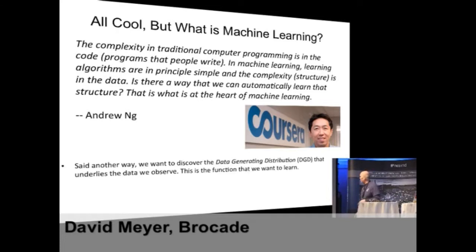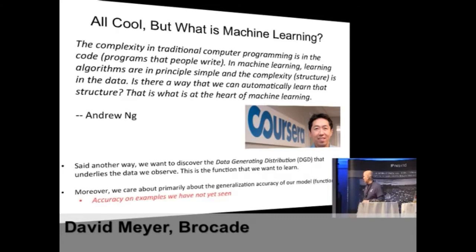If you say it another way, you kind of imagine that there's a data generating distribution. Somehow there's some process generating this data, like whatever's going on in your network is generating this. You're trying to find that. You want to learn that. And you care about how accurate the generalization part of that is. So you have training data, which you try to learn from. You don't really care about the accuracy on that because you can just memorize it. What you care about is accuracy on examples you haven't seen yet. You want to be able to predict the future or things that you haven't seen, not the ones you have seen. So there are all kinds of mathematical pitfalls, with the most notable one called overfitting.